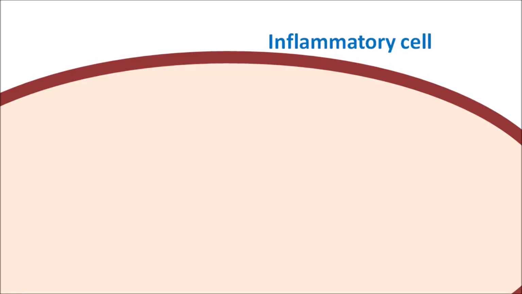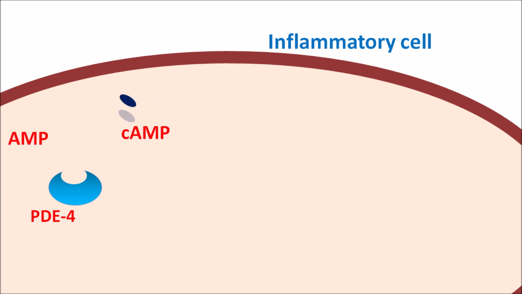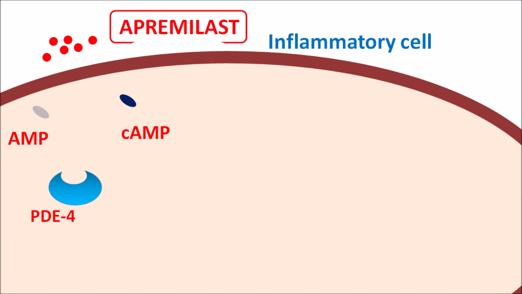Within the inflammatory cells, cyclic AMP plays an important role to control the cellular activities. But this cyclic AMP is going to be metabolized by one of the enzymes, phosphodiesterase type 4. By action of this enzyme, cyclic AMP can be converted into AMP. In this way, phosphodiesterase type 4 can reduce the cyclic AMP levels. Now, Apremilast is one of the drugs which can inhibit this phosphodiesterase type 4 enzyme activity. By inhibition of this enzyme, the cyclic AMP levels within the cell are going to be increased,